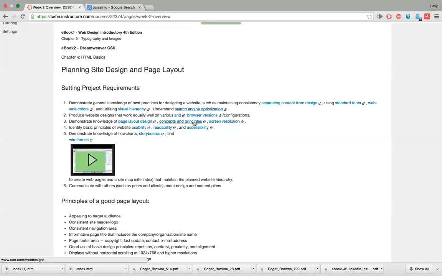Now, concepts and principles and screen resolution. Resolution is quite an interesting topic because the fact is, people might be coming to your website